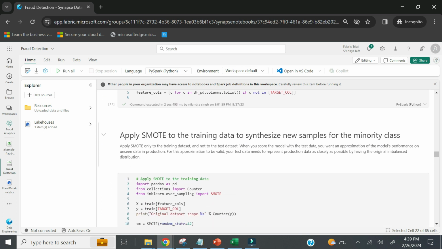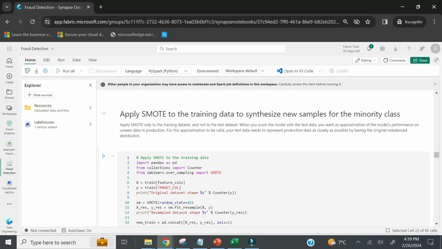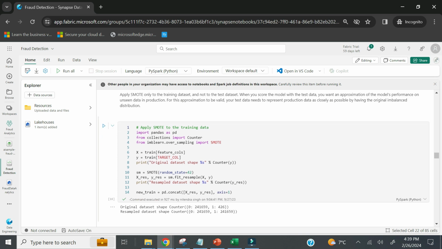Apply SMOTE only to the training data set and not to the test data set. When you score the model with the test data, you want an approximation of the model performance on the unseen data in production. For this approximation to be valid, you want the test data to represent production data as closely as possible by having the original imbalanced data set. We are applying SMOTE here,